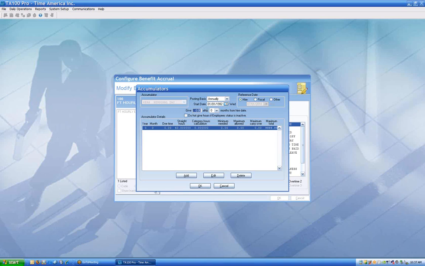The gift, and I do refer to this as a gift. I know they say give here, but it is a gift. I'm saying I'm going to give this employee something up front. Let's say I wanted to give this employee 8 hours. As long as they stay with the company after the first 3 months, they'll get 8 hours of personal time. And again, some people certainly do that. They don't give you any time up front, but they will decide to give you 3 hours, or 8 hours